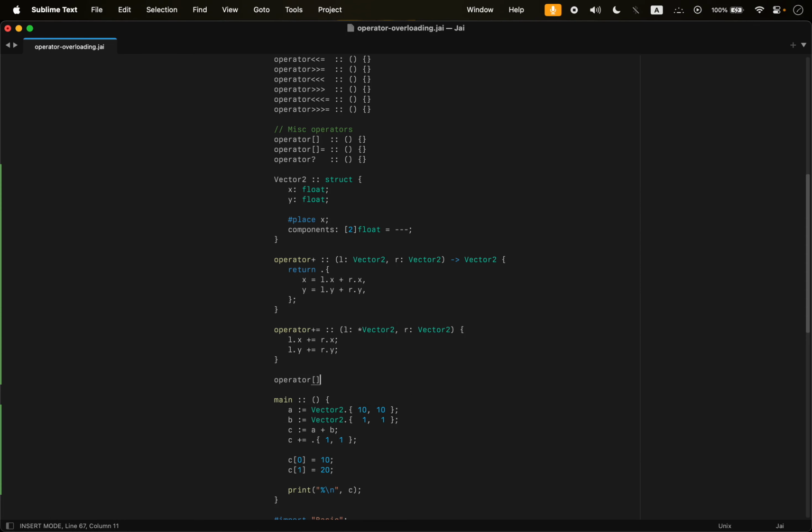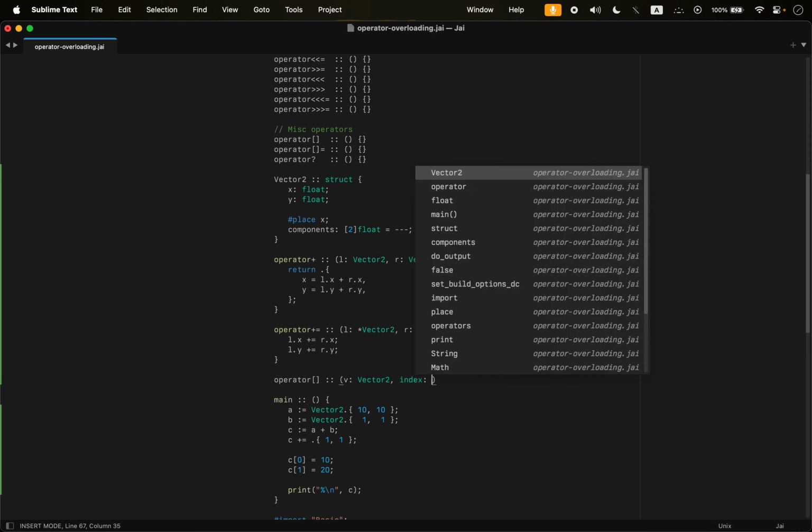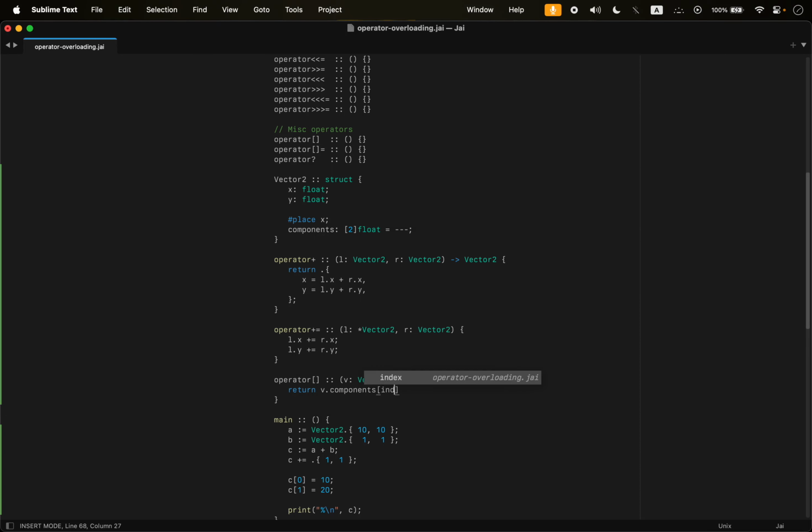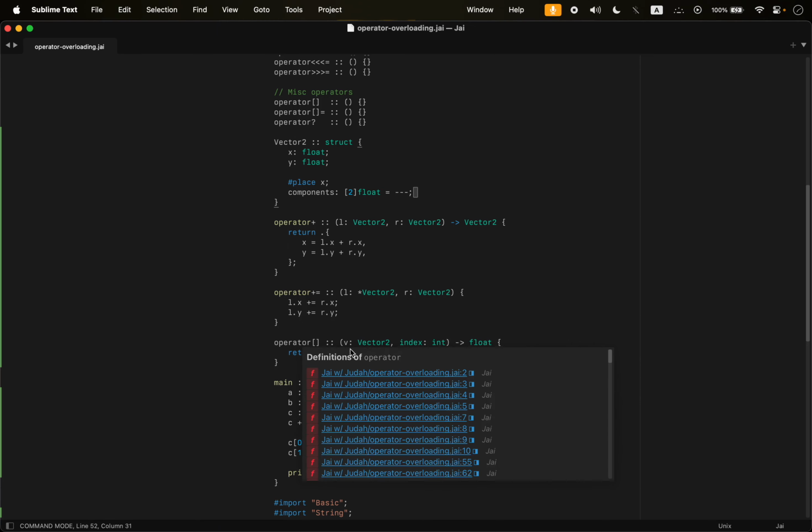So we have operator index, and that looks like this. We have our vector2, and I'll make it just v for vector. Then it'll take an index, which is an integer, and then it will return the component type, or the expected type that we would want for this. And all we have to do to get that to work is just return v.components index, right? So components is just viewing this x and y as an array of 2 floats rather than a struct